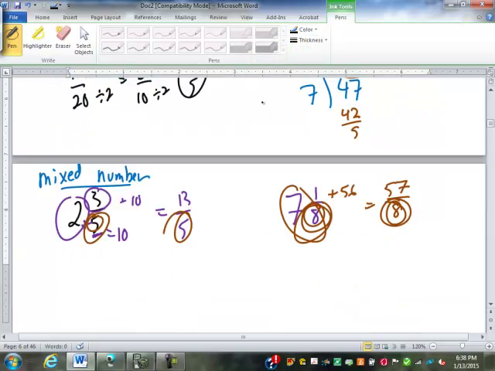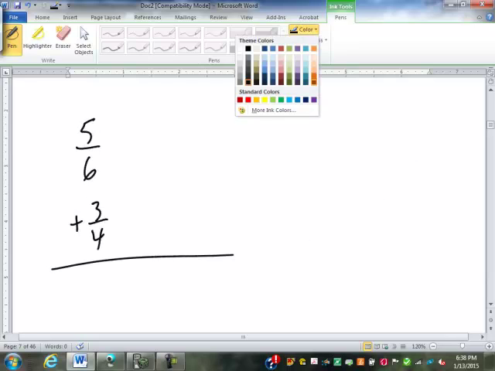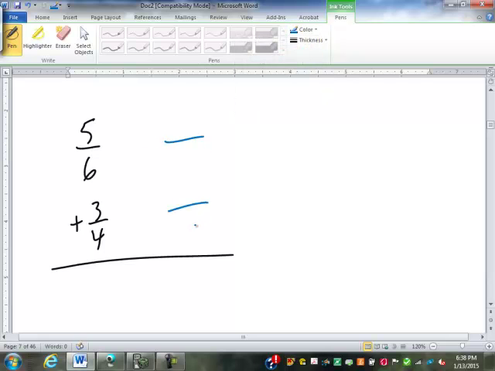So we can add fractions like 5/6 and 3/4. What's our common denominator going to be? 12 again. What's this going to become? 10 twelfths, and this will be 9. So we add 10 and 9 and that makes 17 twelfths. What's wrong with that? It's a mixed or improper fraction. So we can get 1 and